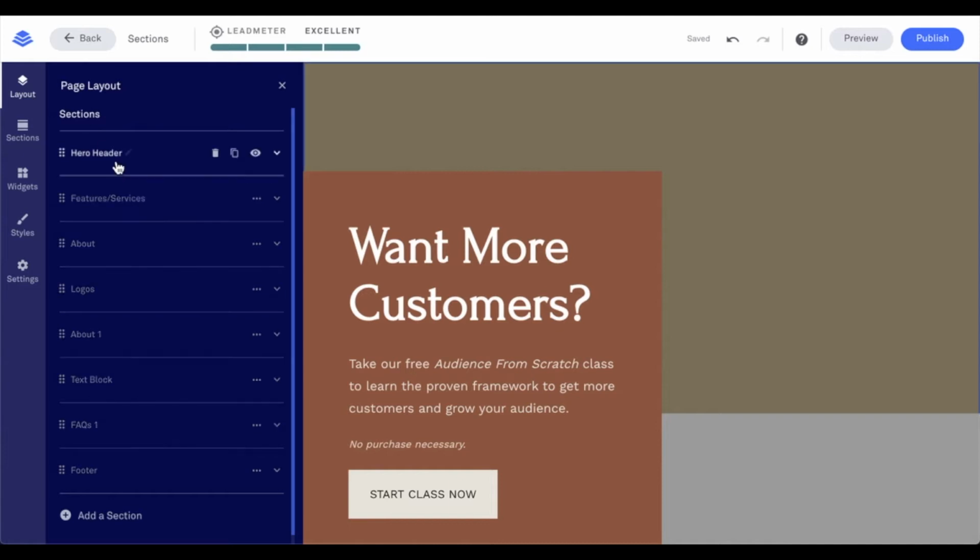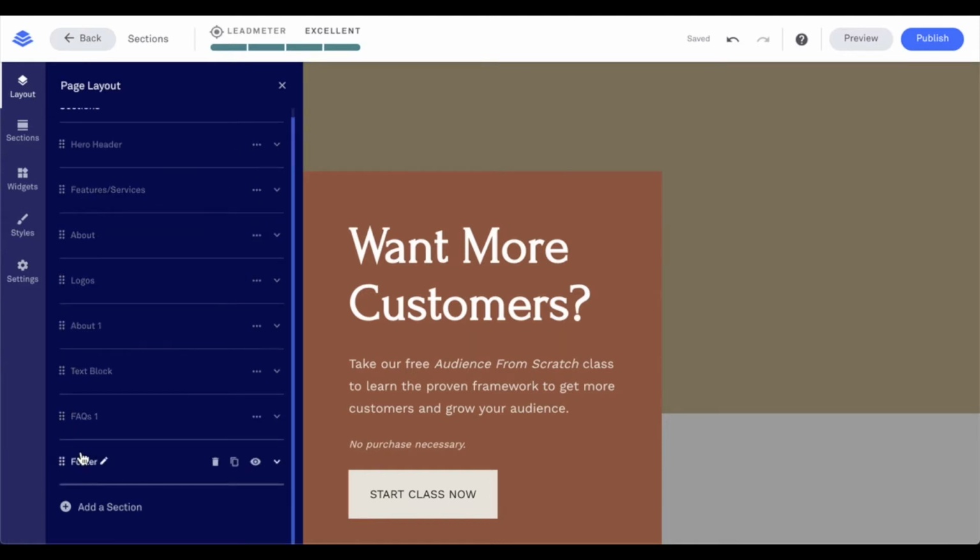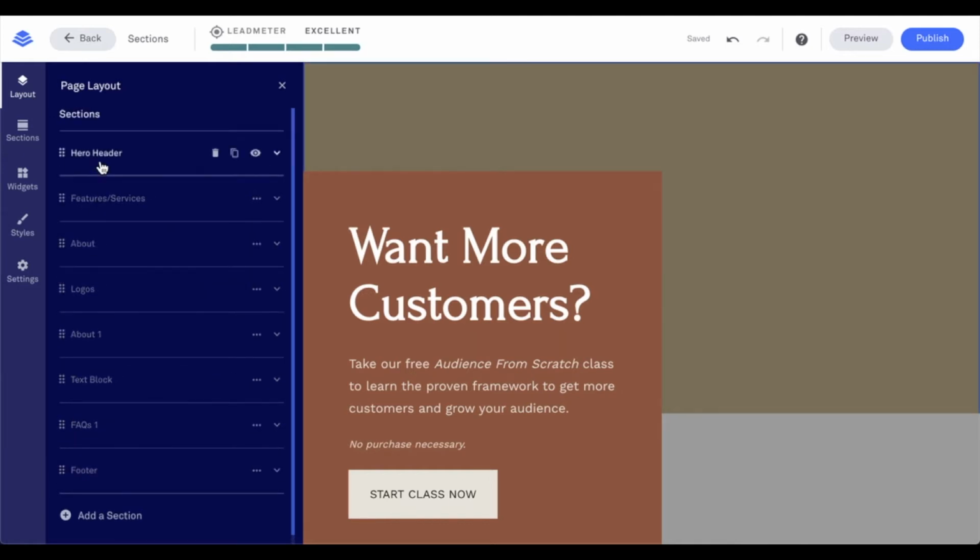Now, as we see here, these are going to be all the sections of our page. For each section, we can name them by using this little pencil icon. So I can adjust the name of the section and save. When I do that, I'm going to see that name appear here on the page. And I'm going to talk about these options that appear here in just a moment, but I want to show